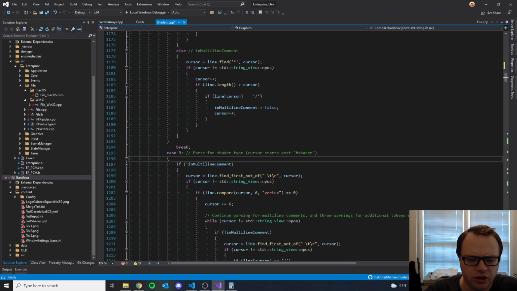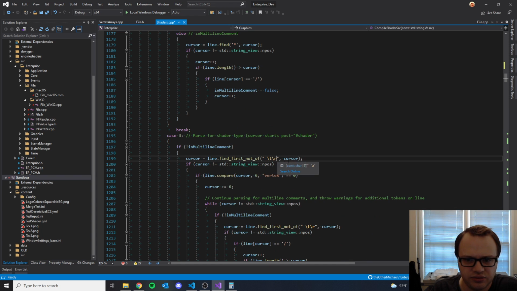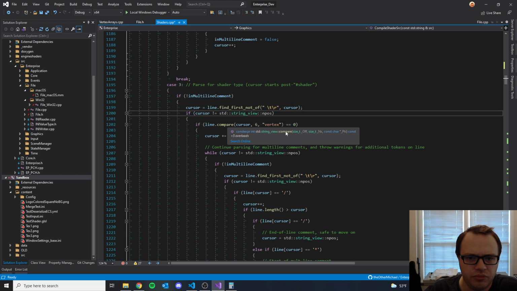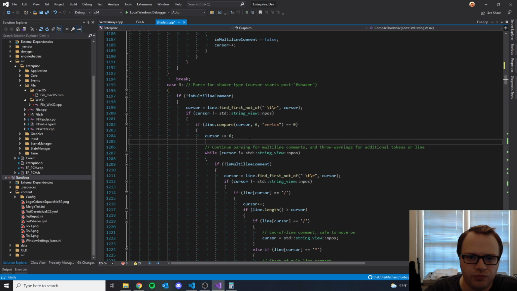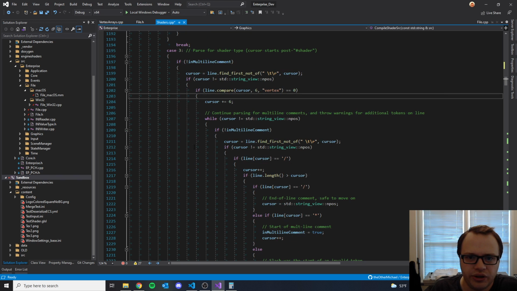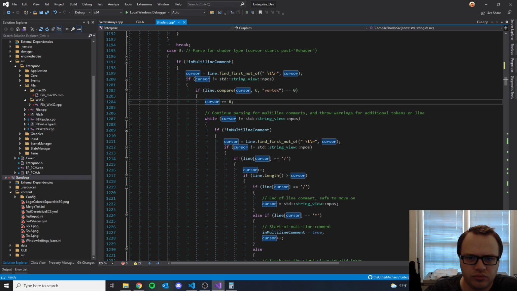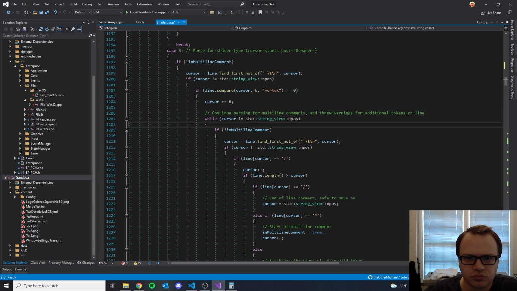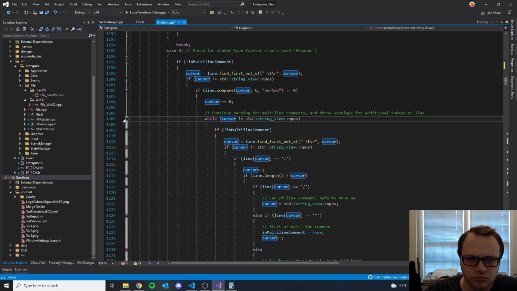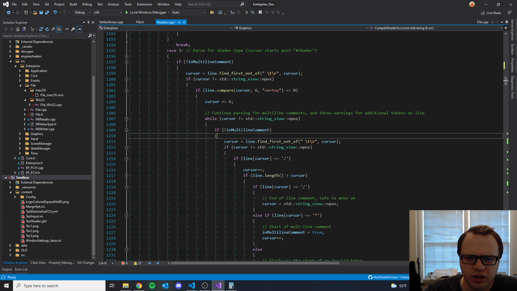Okay. In parse state 3, we search for the first thing that's not white space, and we check whether it's vertex or fragment. We don't need to do that check anymore. We already know whether it's vertex or fragment. But then we move the cursor past it, and then perform the multi-line check. So while cursor is not equal to the end of the line, we will